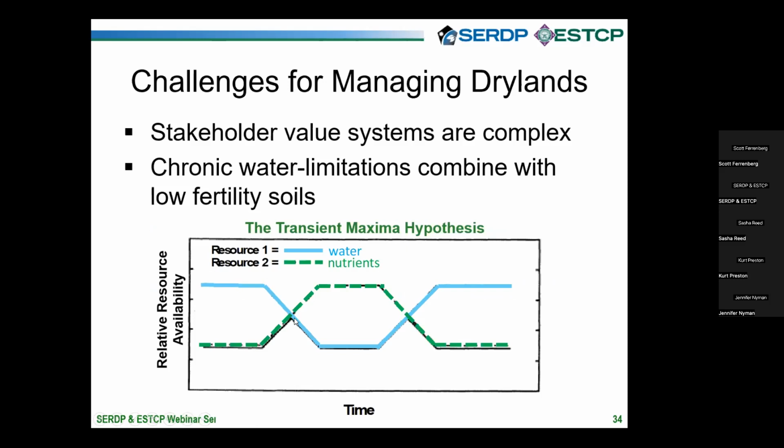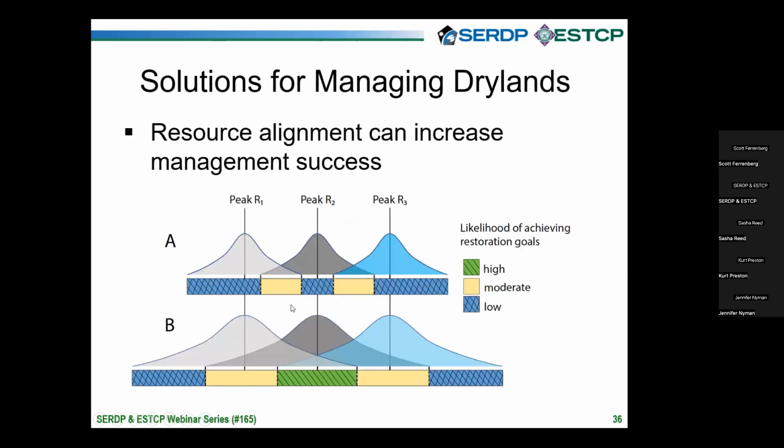So if you imagine this line, the blue line represents water availability, and the higher you are, the more you have. So you've got a lot of water here, that water availability goes down, but then goes back up. The second resource could represent something like nutrient availability, and it might have a different pattern. And with something like plant growth, we could expect that we need both of these resources to be available to see success. And so one of the things that we've been able to do with this project is think about how multiple resources co-vary in space and time.